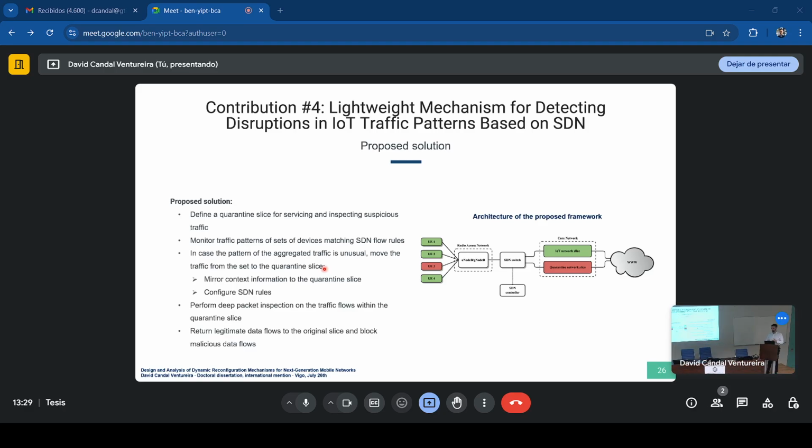Yes, we collect, for example, each 10 milliseconds, the amount of traffic being sent or received in each of the SDN flows, and then we just compare with the estimated one to trigger the detection. The performance depends on quite a few parameters. So the threshold of the detection, which depends on the type of traffic, transmission periods, threshold ratio. There's a lot of parameters there. Which one of these do you think affects the performance more?